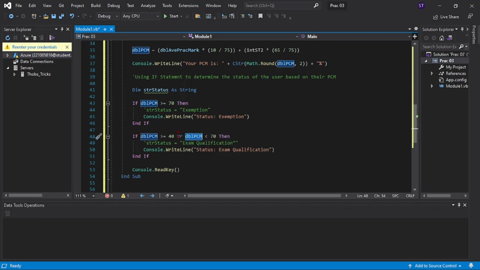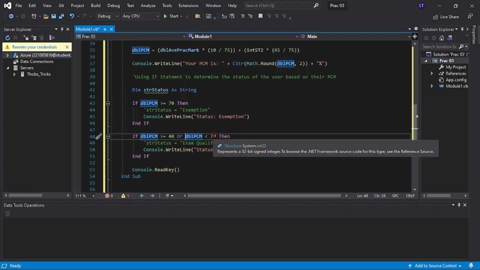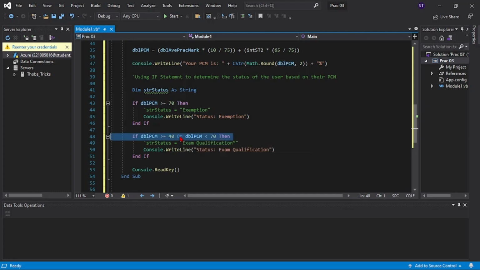So if I put or here, and the PCM happened to be 39, which is less than 40, but then it is also catered for on this condition where it says if PCM is less than 70. So meaning or is not the right